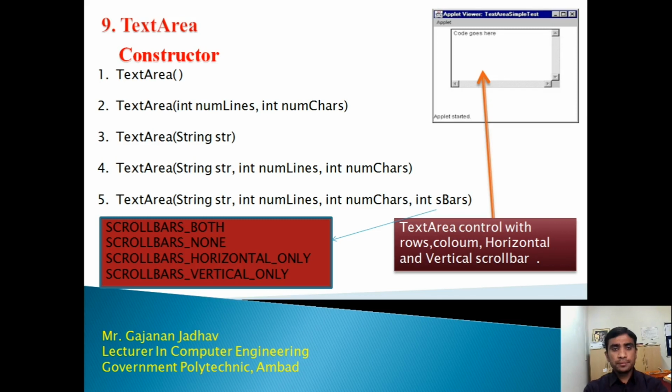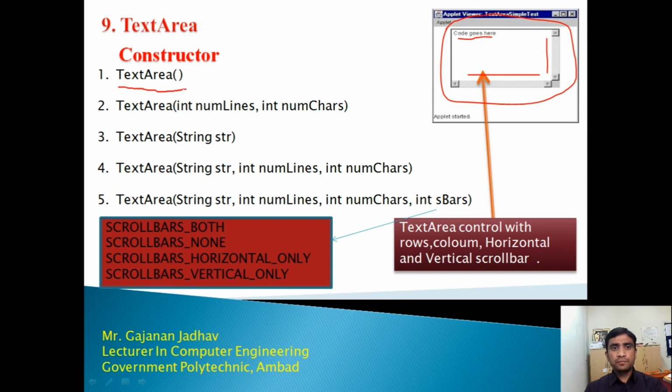Good morning, dear student. In this session, we will see the next AWT control, that is a text area. Now you can see here in this diagram, we are having one text area. This is the text area. This text area contains some characters, string. This is the horizontal scroll bar and this is the vertical scroll bar to see the text in the text area. Now, how to create a text area?